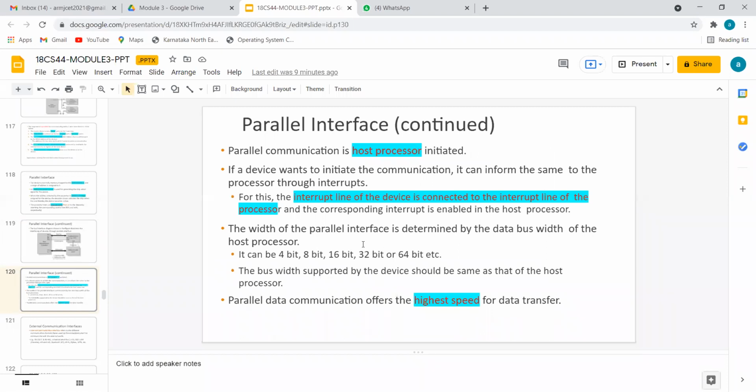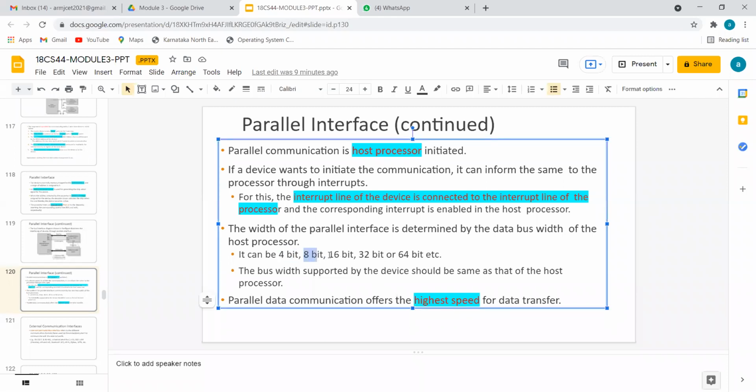What is important is that we can send 4 bits at a time, 8 bits at a time, 16 bits at a time, different scales like that. And if we are sending 4 bits, the receiving side should be 4-bit. If that mismatch happens, data loss or lower performance will occur. Since we are sending data at a time, it will definitely be high speed, because in 1 second we are sending 64 bits. Maybe today's protocols may give us 128 bits of data transmission.